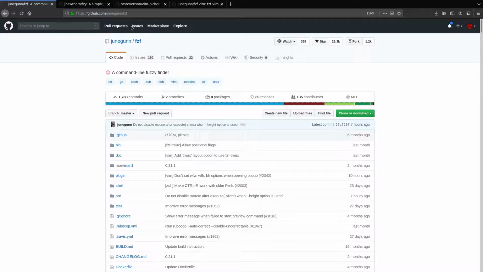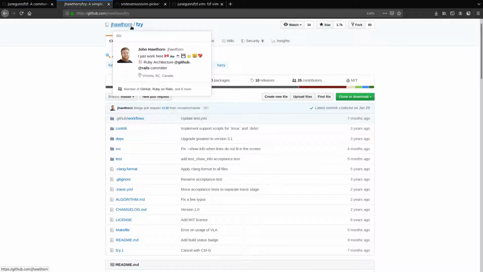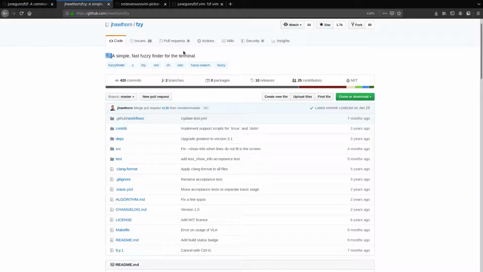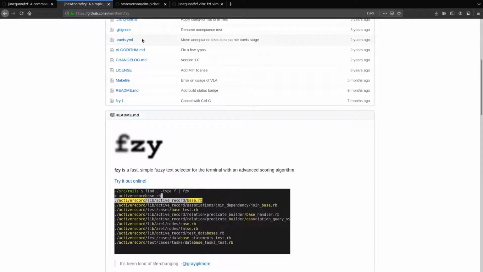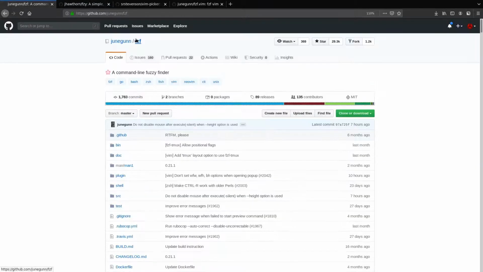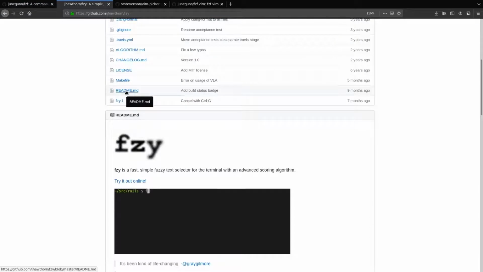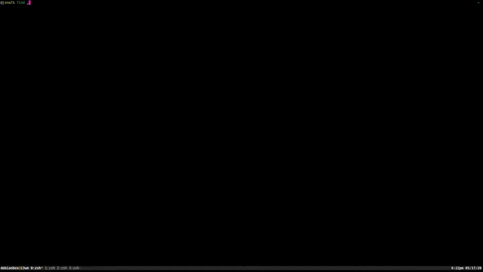And that's when I came across FZY. So FZY here is a simple and fast fuzzy finder for your terminal. Wow, very similar description to FZF. And that is because it is literally pretty much the exact same thing. So if we go to our terminal here, this is my dot file, so if I do find dot type f,